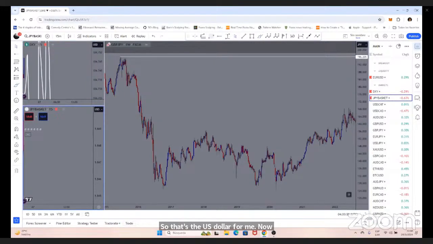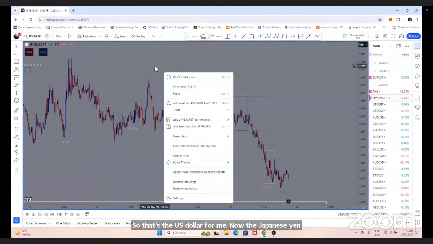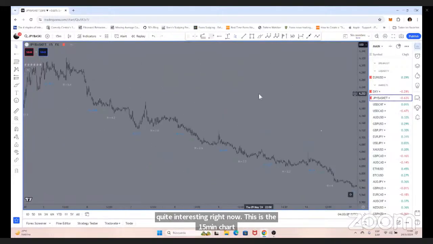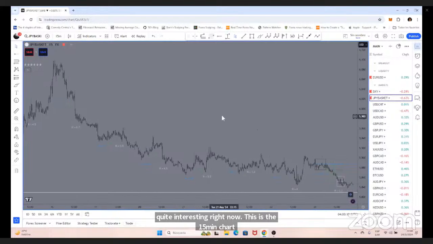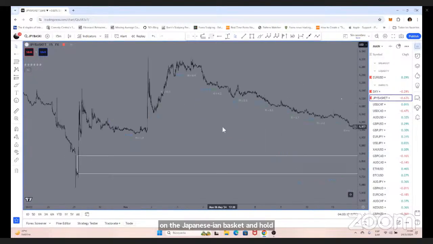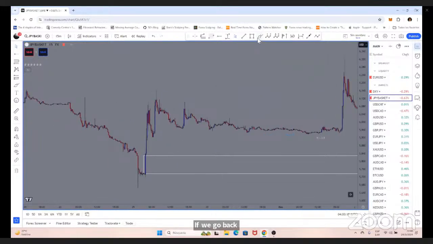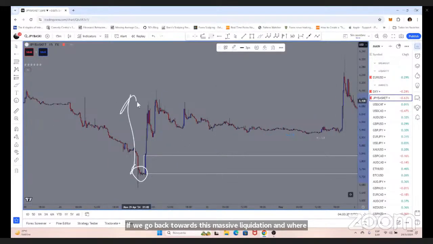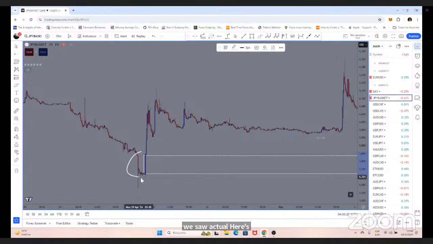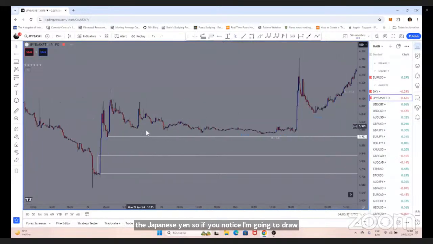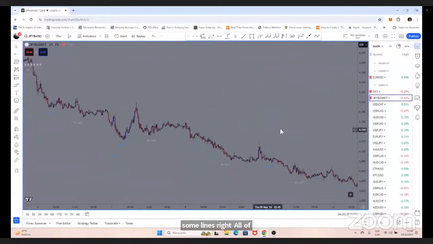Now, the Japanese yen, it's quite interesting right now. This is the 15-minute chart on the Japanese yen basket. And hold on. If we go back towards this massive liquidation and where we saw actual buyers jump in, we have this imbalance. This is my point of interest to look for longs on the Japanese yen. So if you notice, I'm going to draw some lines, right? All of these weak long players got liquidated